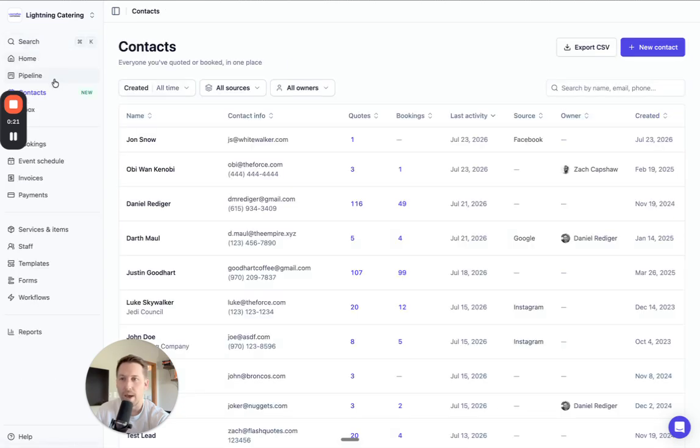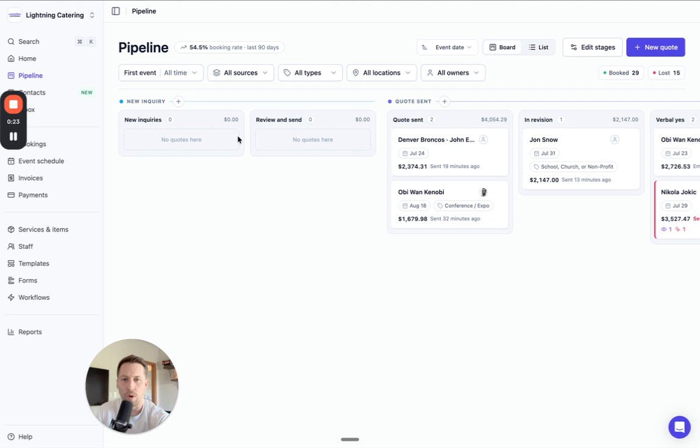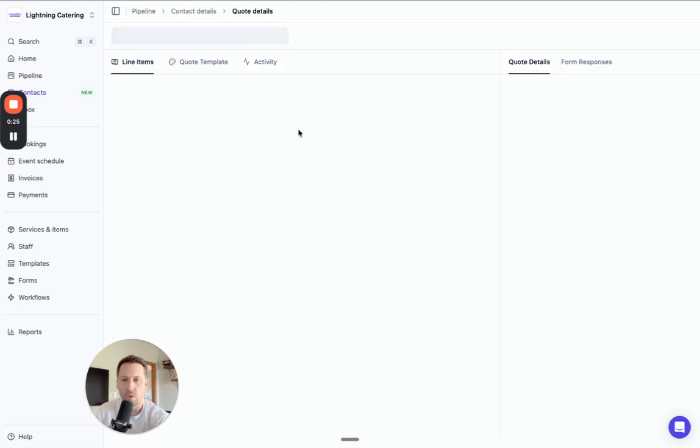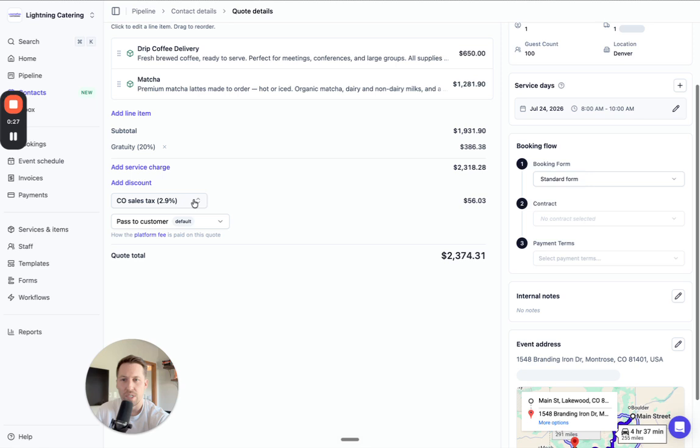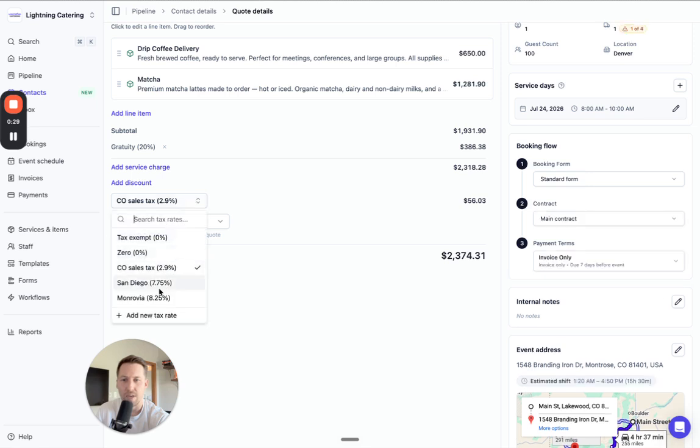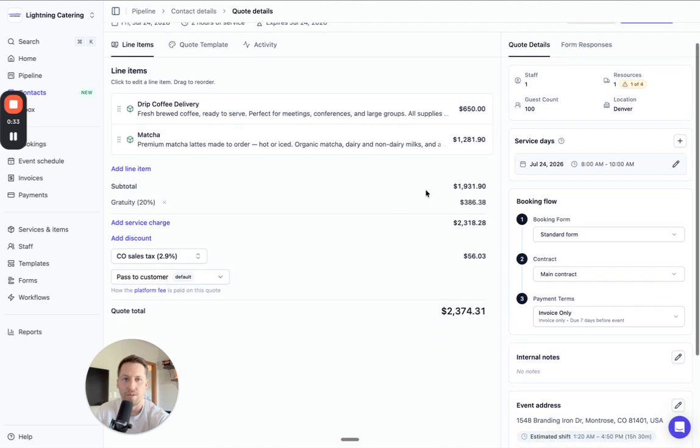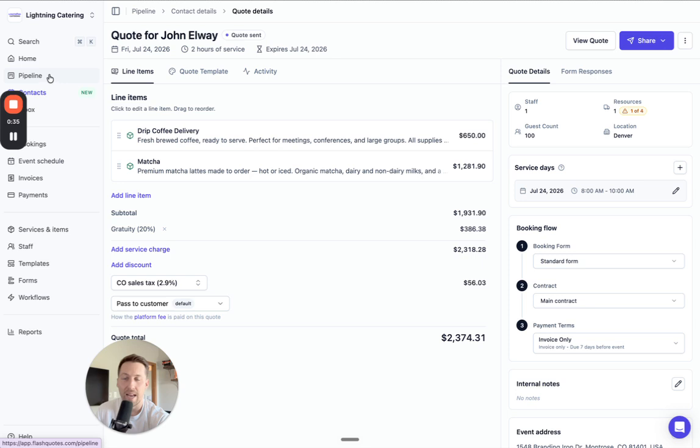If we go back to our pipeline and click on one of our quotes, we'll see the quote details page, and we'll see where we can choose the tax rate and change it to automatically reflect the tax that's relevant for that area. As soon as that item is booked, we will automatically create an invoice that also has that